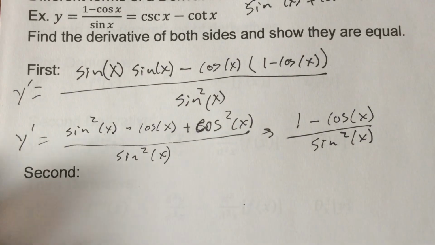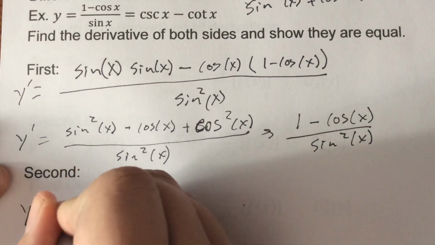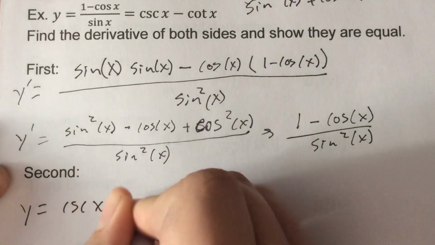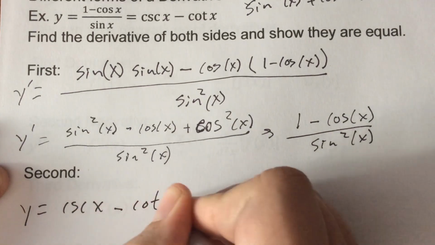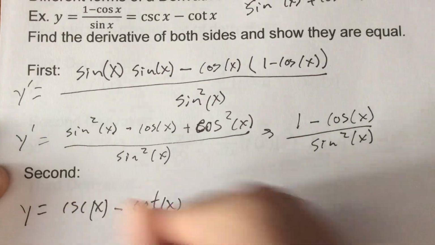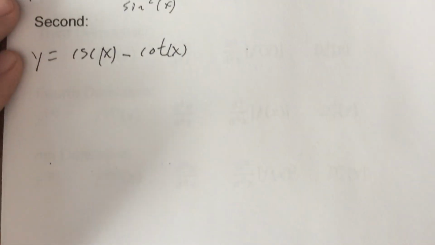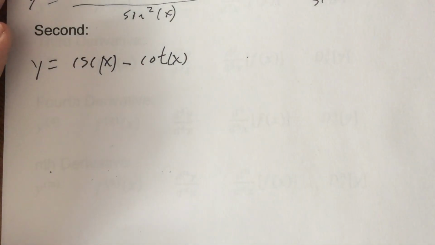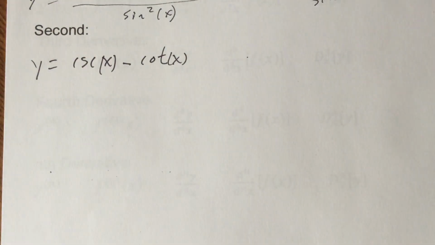Now, on the second one there, I'm going to write this y equals cosecant x minus cotangent x. So we know what we're working with. And I'm going to slide this up a little bit. All right, so